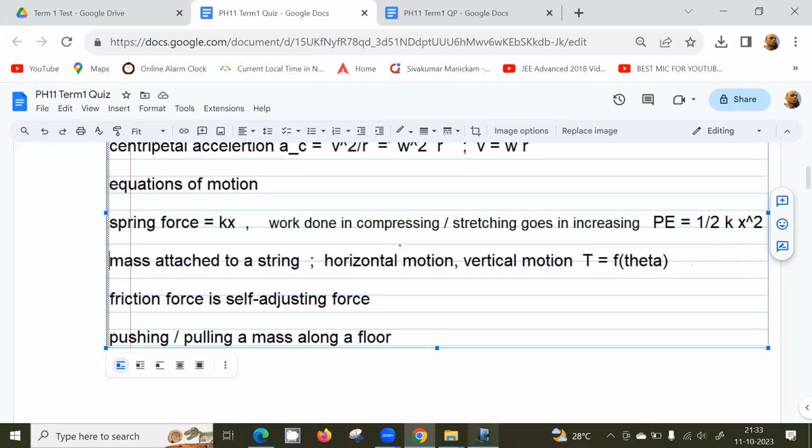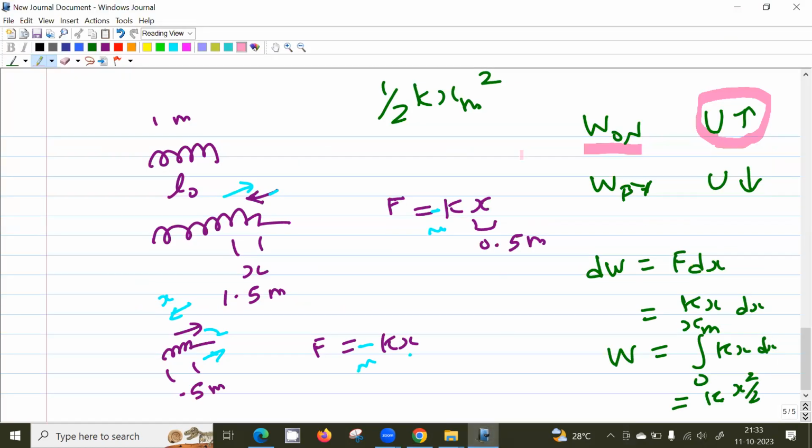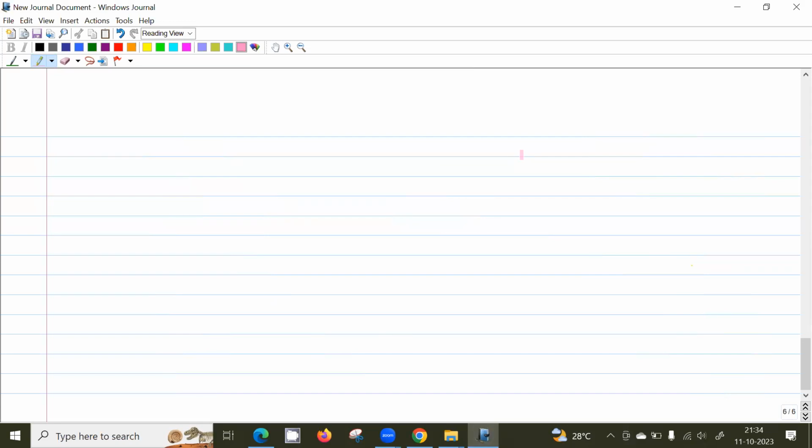As far as integration is concerned, we should remember this basic formula. The integral of x raised to the power n, with respect to x, is: the power of x will go up by 1, divided by n plus 1, and some constant gets added. Integration is the reverse of differentiation. So if we differentiate both sides